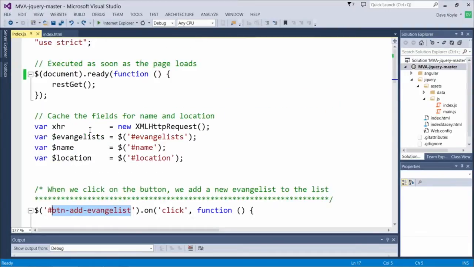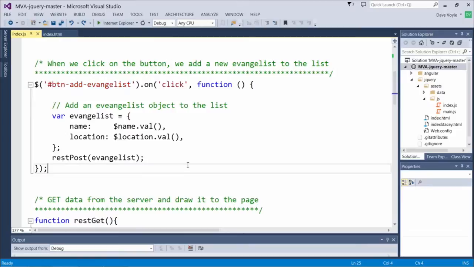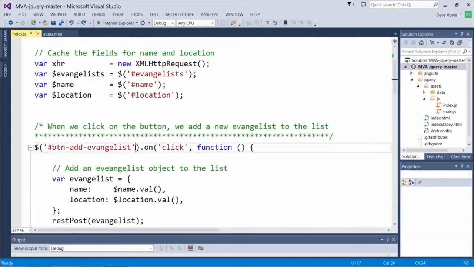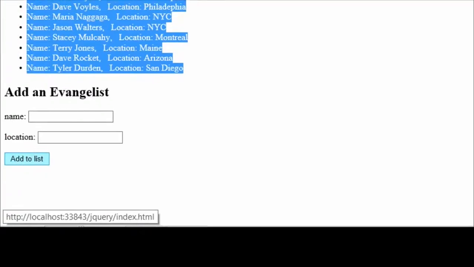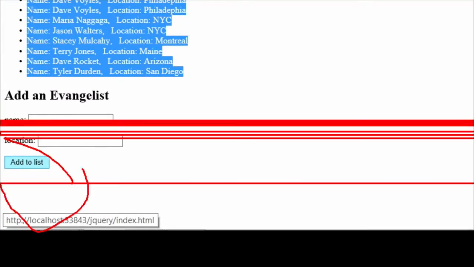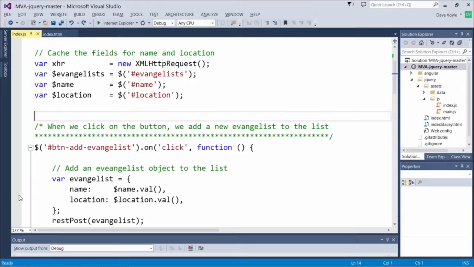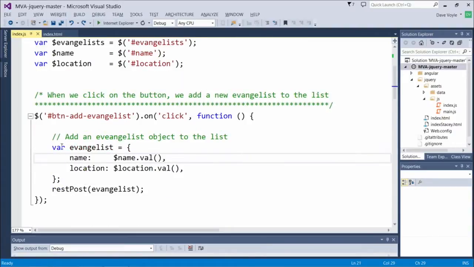I know. We don't have it there, but there are two different ways. Either I can reference it there every time, or I could have cached it up here. So when I click that button, and by that button I mean this one right here. Just in case you don't know which button it is, it's this one. So when I go to click that button, now I'm going to say, okay, evangelist,